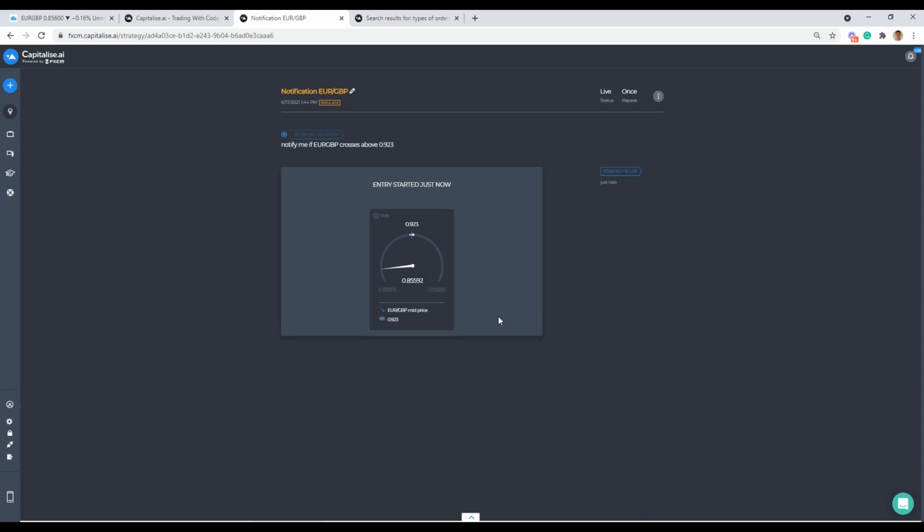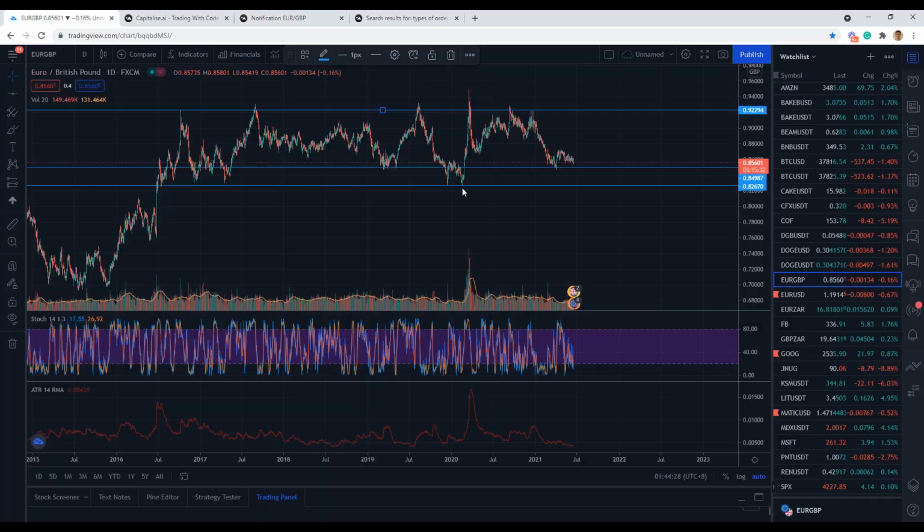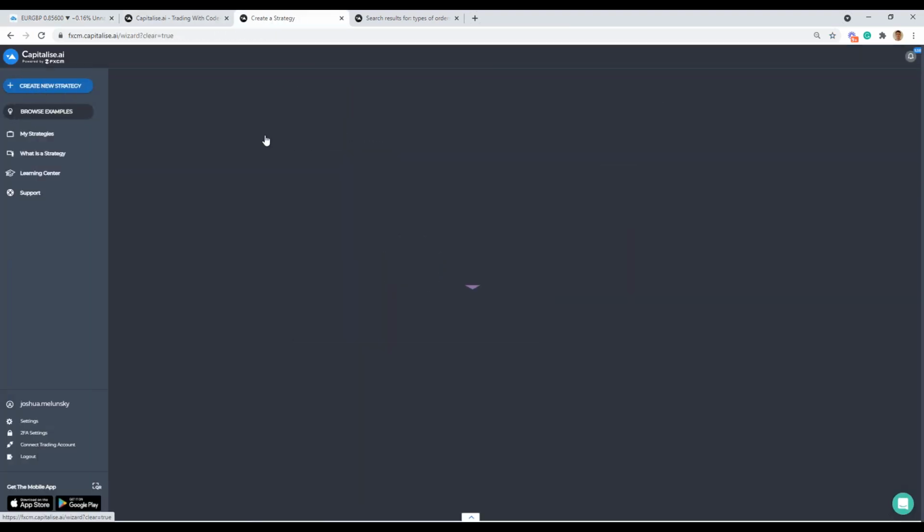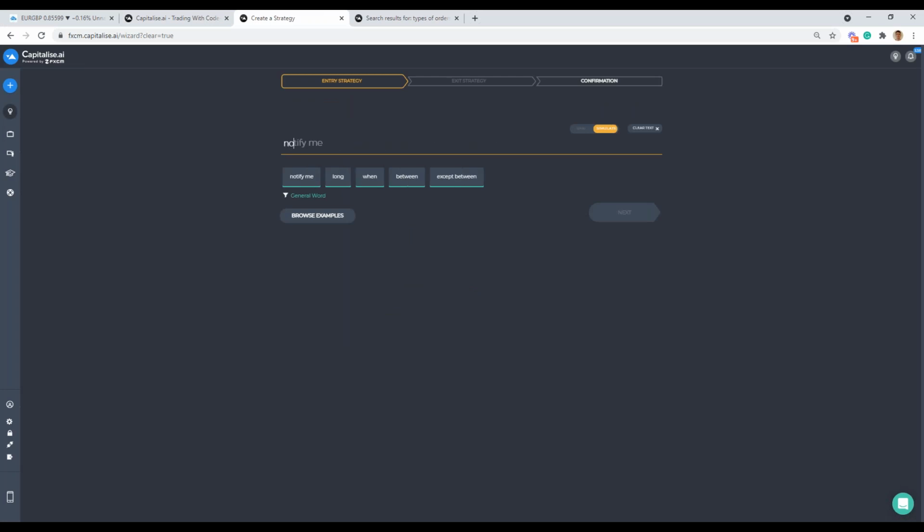You'll be notified via mobile if you've downloaded our mobile app and set up notifications. So you can see how far we are from here, and you could do a support line as well. So we could say, okay, we want to know when it crosses below 0.85. So we could just go back, go to create new strategy, and just go notify me